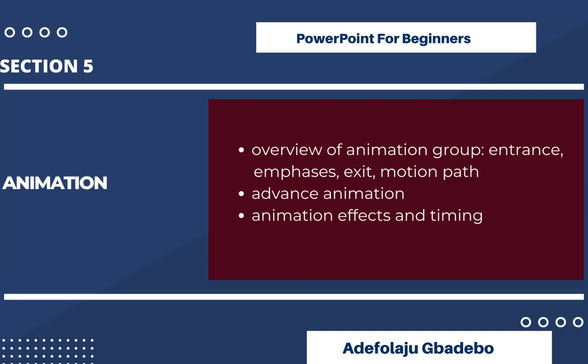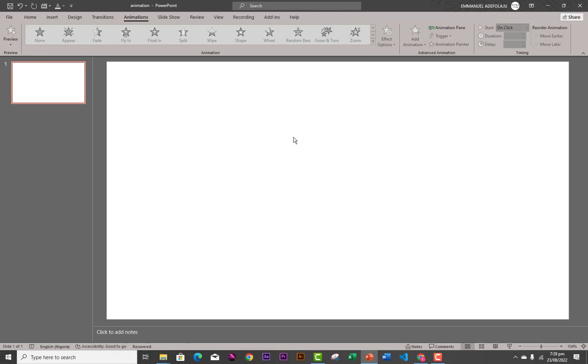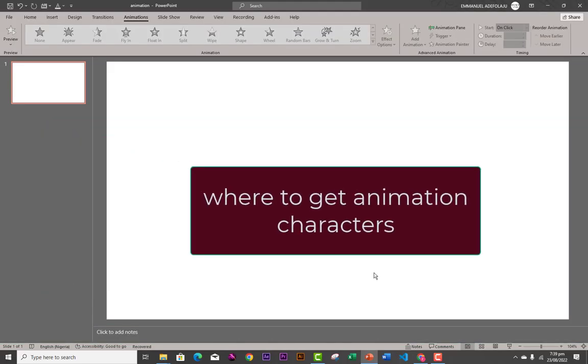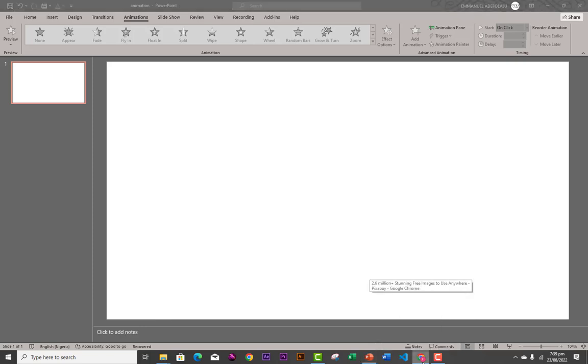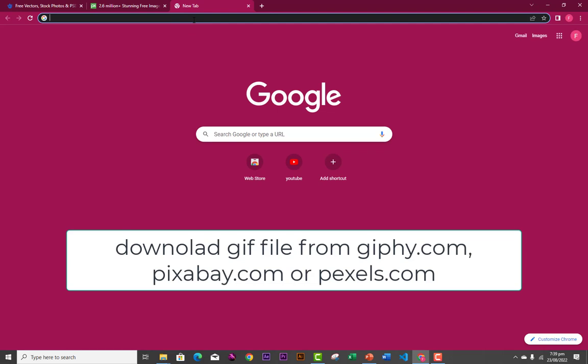Welcome to this lesson. In this lesson, we are going to learn how to apply animation effect on some characters or objects. Now, before we start applying our animation effects, I want to show you how you can get some of your animation characters. So you can use GIF for your animation, and you can get GIF file from